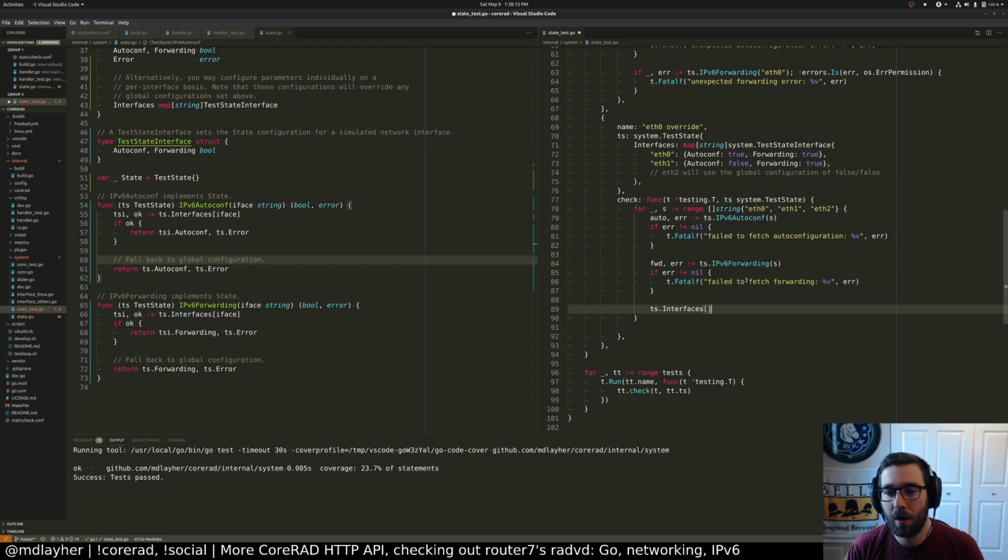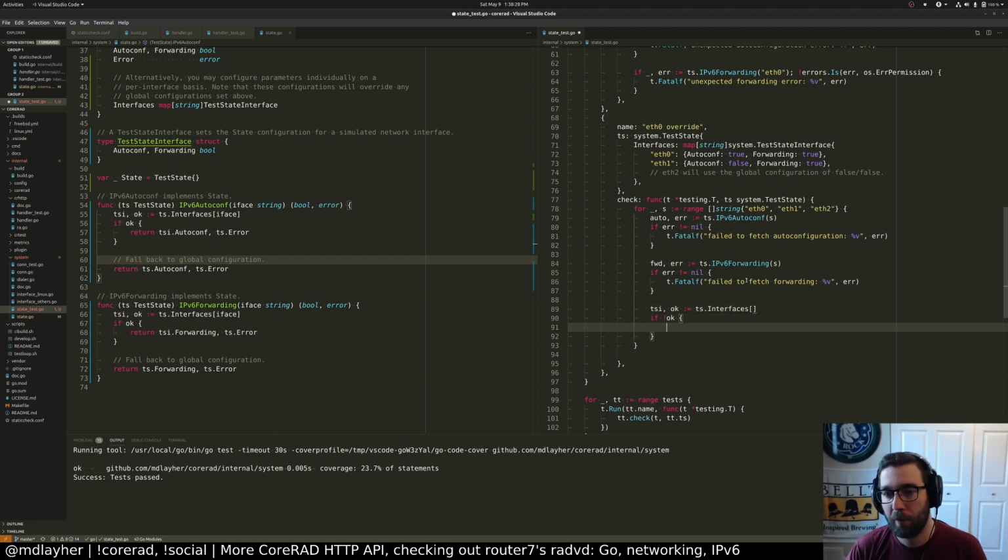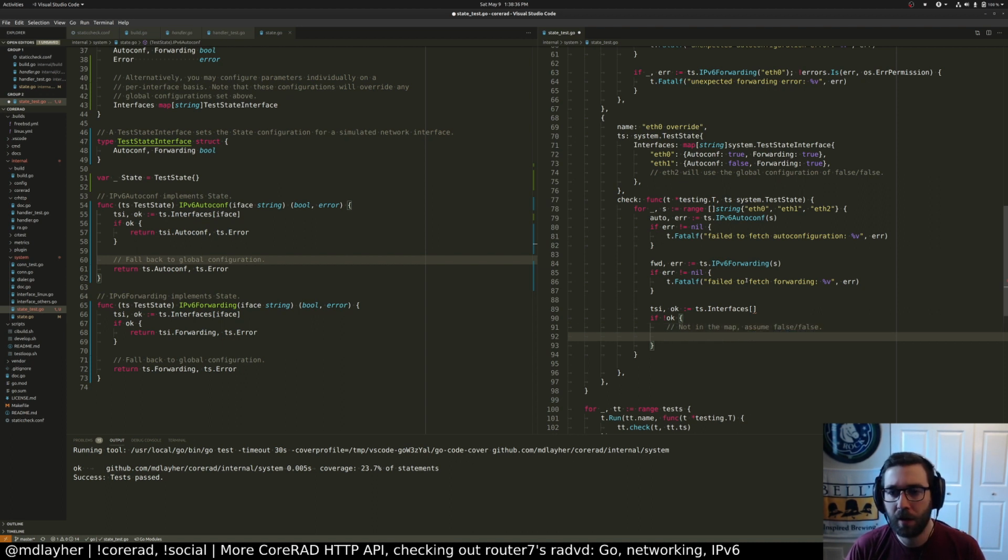Okay, so the TS interfaces. So assuming the interface is found. So first of all, let's check. If the interface is not found, we want to infer the globals, which is going to be false, false. Not in the map. Assume false, false. Right? So we can, I guess, construct a synthetic thing here for the comparison. So want colon equals